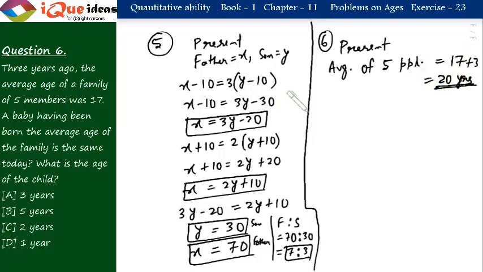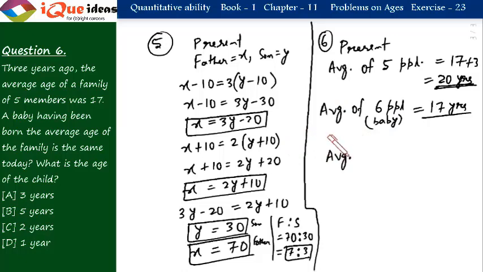But it says a baby having been born, that means including the baby, the average of 6 people. Including the baby, it's the same today, that is 17 years. Now how do we do that? Let's calculate the average of 6 people. How would you calculate the average of 6 people? The average of 6 people will be calculated as